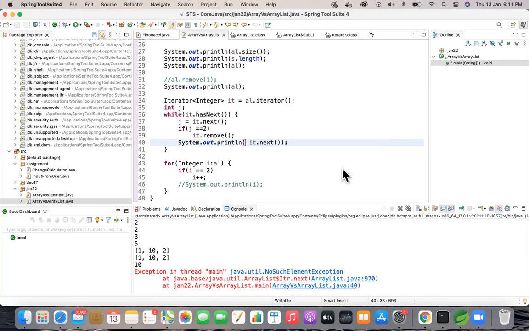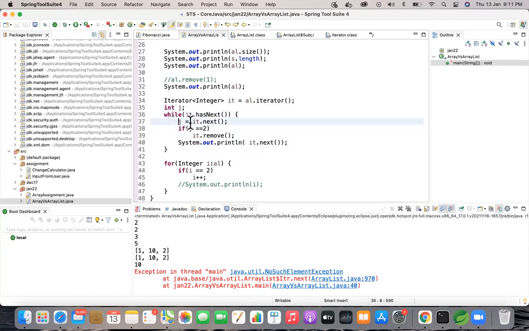So if you see, what happened? Instead of taking it in the j, because int is a primitive type, I didn't notice that. So you can just give Integer, or you can directly say it dot next equal to 2.